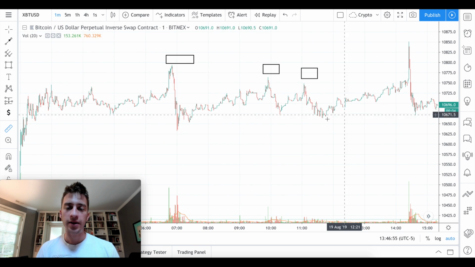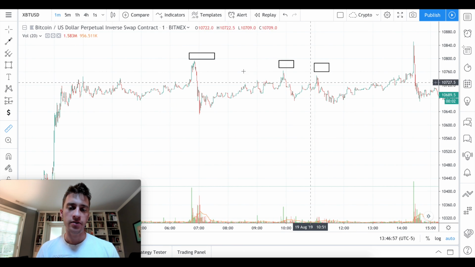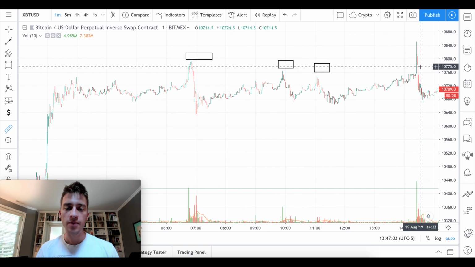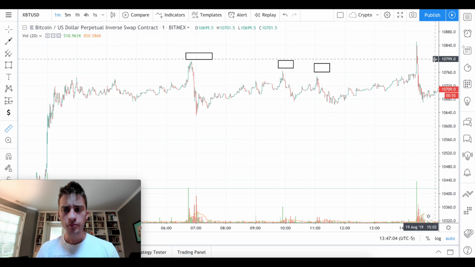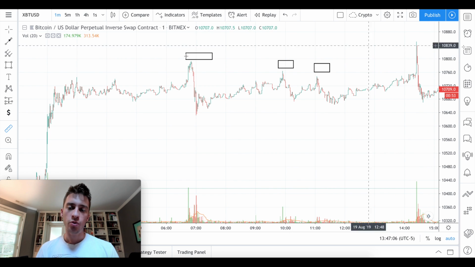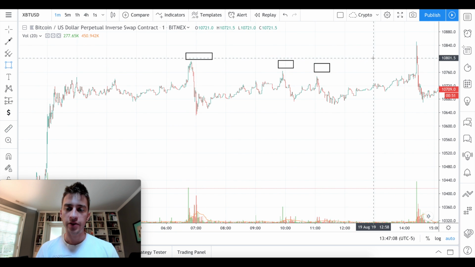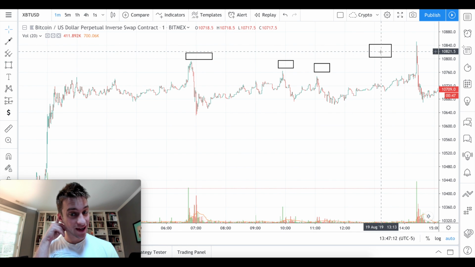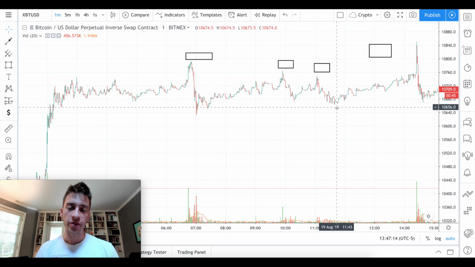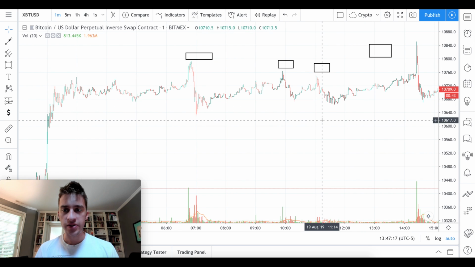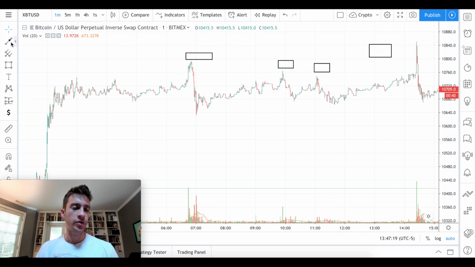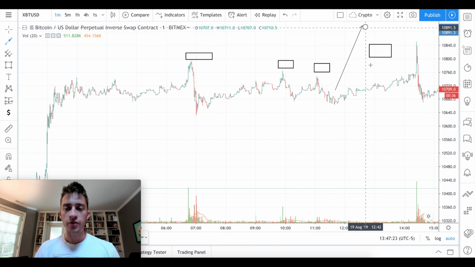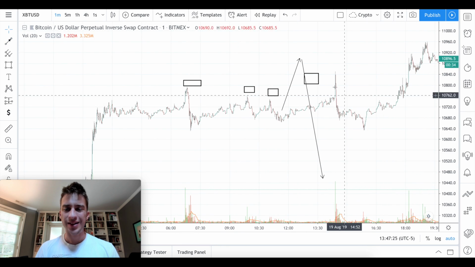Now, what ends up happening is if you had noticed that there's a lot of stop losses around here, and there's a potential grab for liquidity, there's also the 10.8K round price level, which probably means, just by looking at this, that there's likely a lot of stop losses right above 10.8K. You could have entered long with a tightish stop loss and just basically banked on the fact that either price is going to move up and then move down into kind of a stop loss hunt, and that's kind of what happened here,